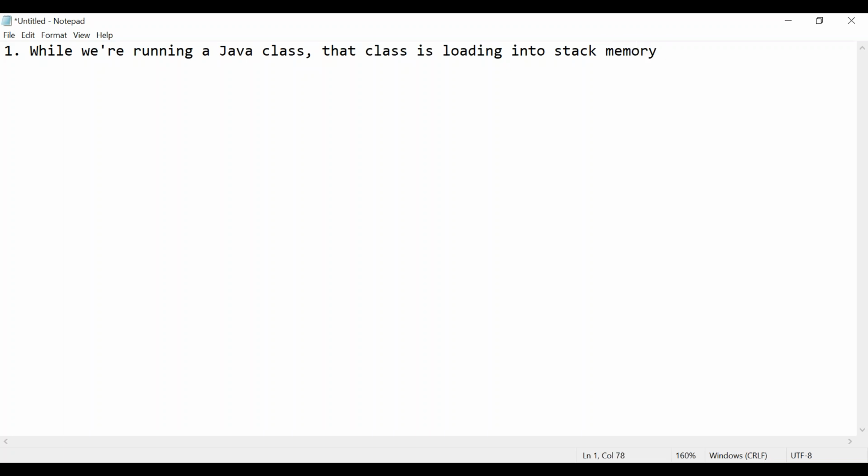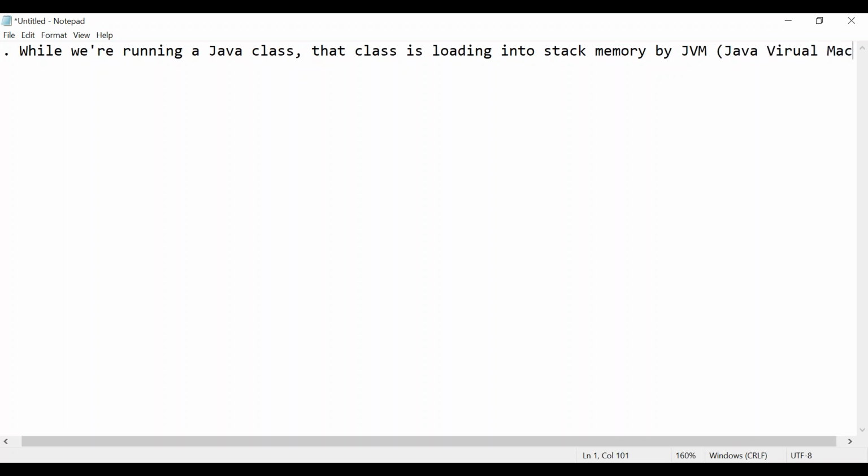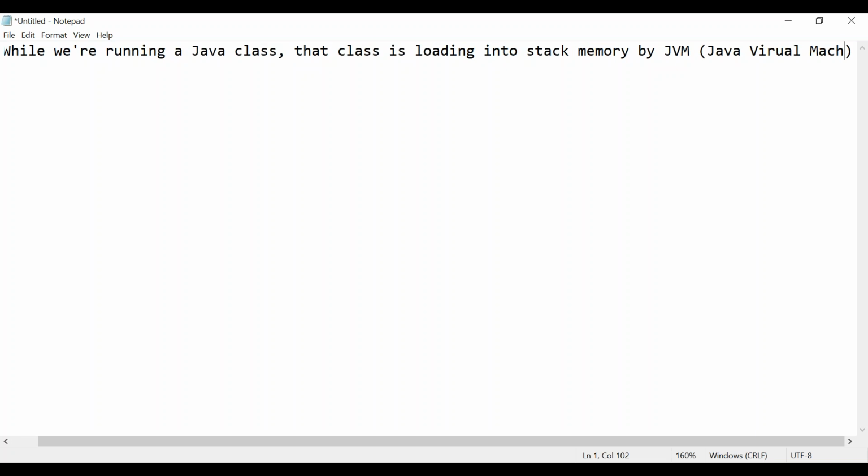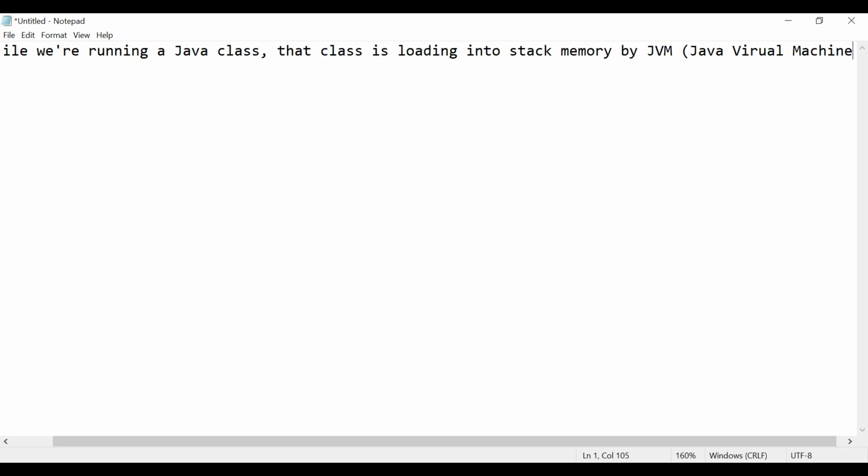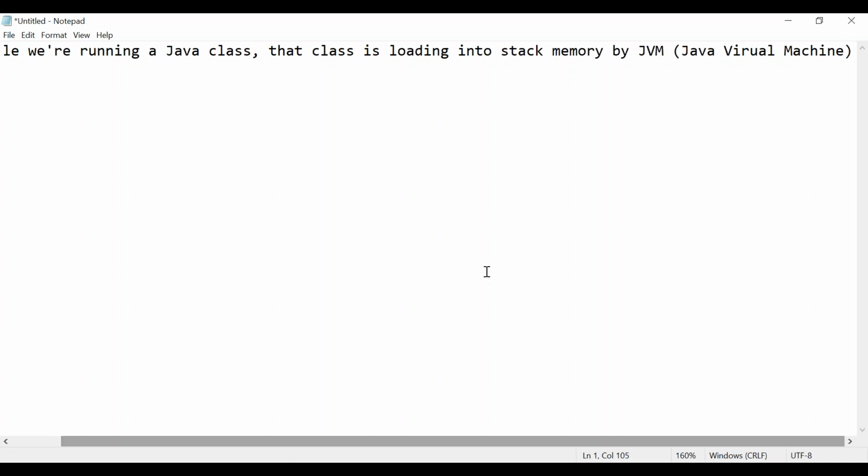So who is loading this class into stack memory? It is loaded by the JVM. JVM is nothing but Java Virtual Machine. The Java Virtual Machine is responsible for loading the class into stack memory.